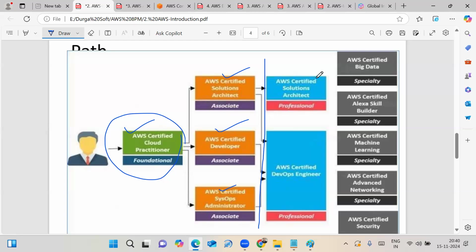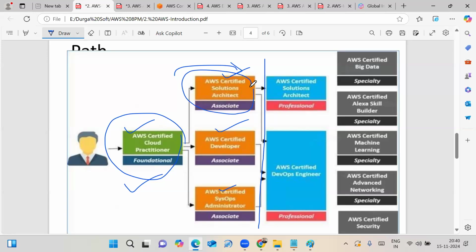If you want to attempt the professional level directly, my suggestion is that you don't go for the professional level certification, because the certification is valid globally for 3 years only. After 3 years, that certification is no longer valid. That's why I'm saying first attempt the foundation level. Once you have joined a company, then you can apply for the associate level renewal.